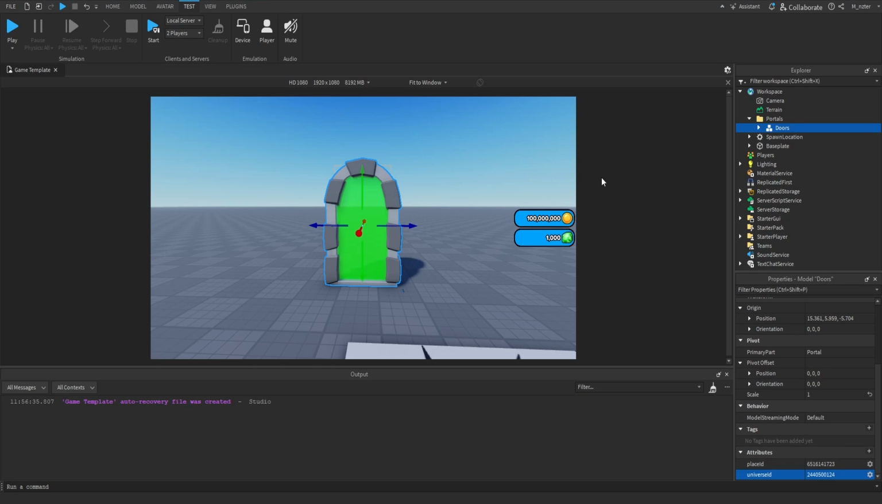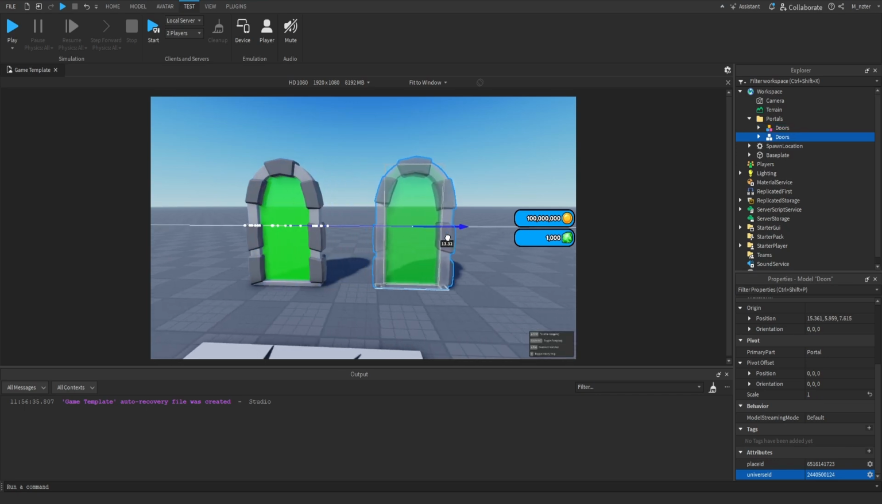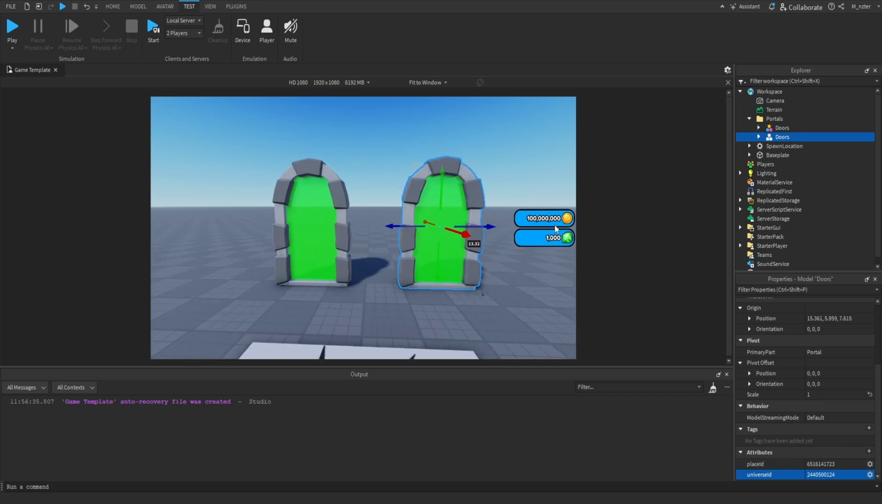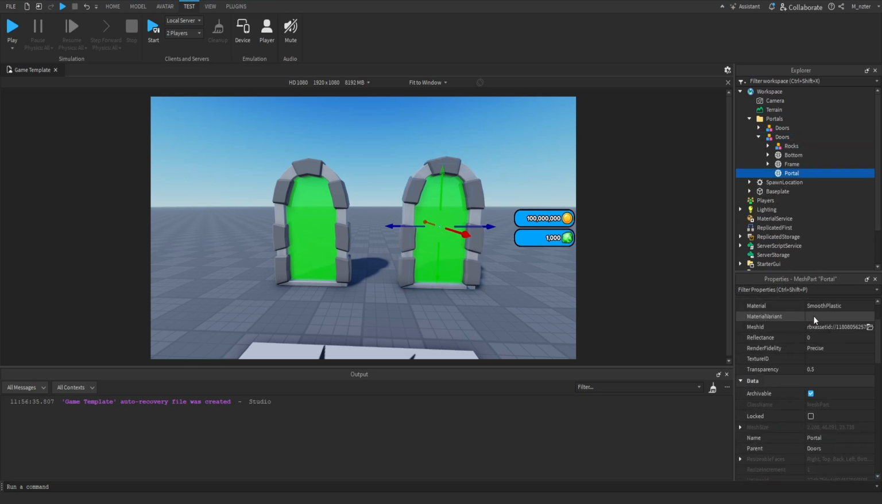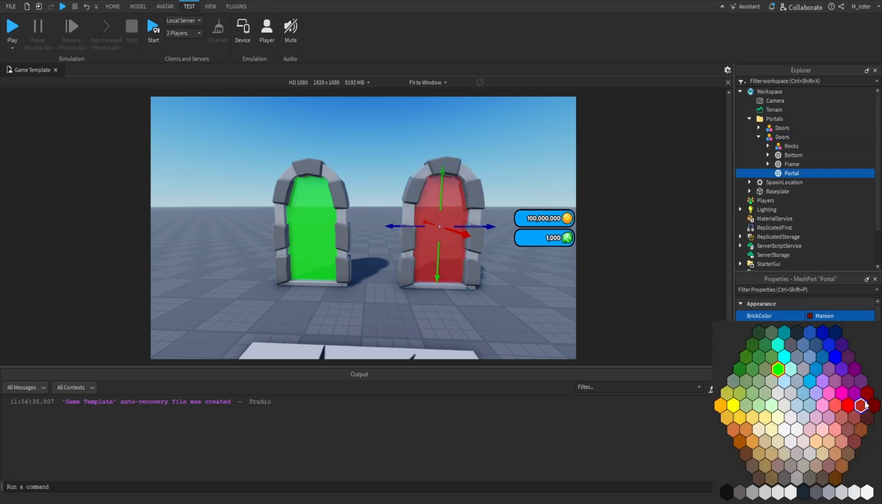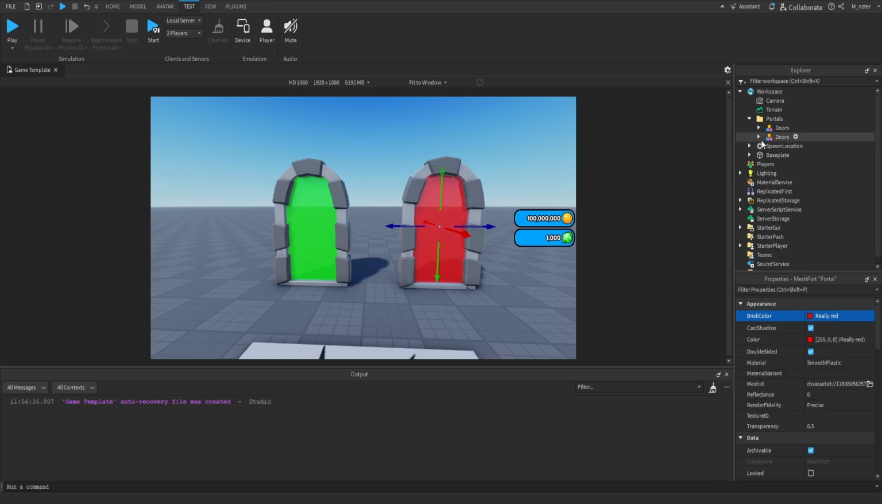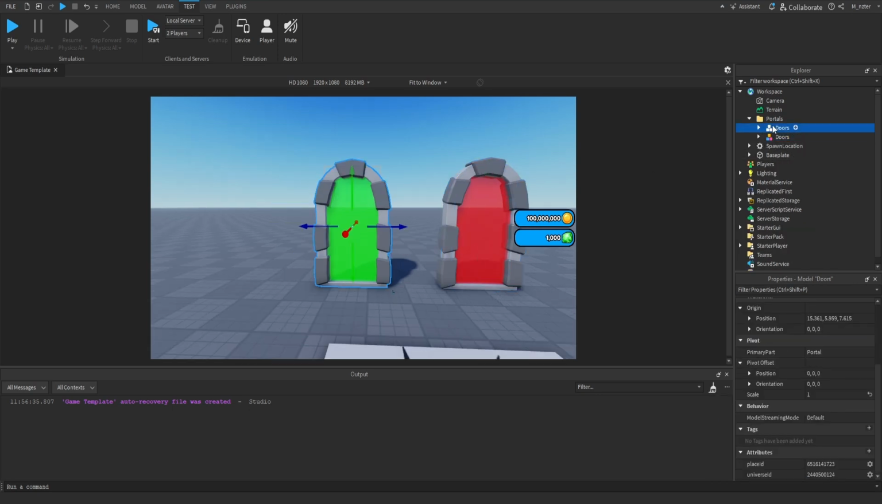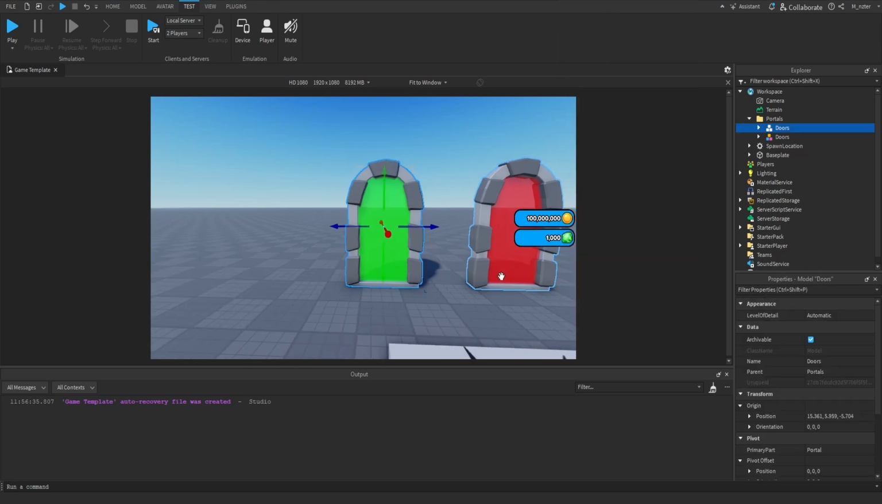Cool. Now let's go ahead and set up one other portal for one other game. So I'm going to duplicate one of these portals, move one of them over, and then I'm going to recolor one of these portals real fast so that we can easily differentiate between the two. So we'll set one of these to be red and the other to be green. And then remember, whenever you duplicate a part, all the attributes and pretty much every single thing comes along with it. So I'm going to go back to the green one and start working on this